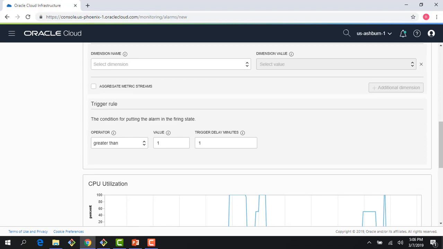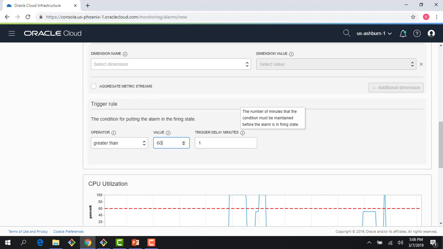So I would say if the CPU utilization is greater than 60%, then trigger this alarm. And the alarm asks for the number of minutes that the condition must be maintained before the alarm is in firing state. I think a minute is fine. If you guys want to have it 5 minutes or 10 minutes or something which is longer, you could do that as well. So I would do that, and then right here it would say